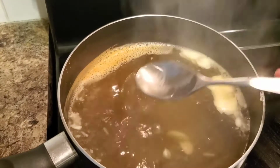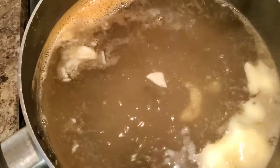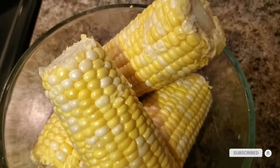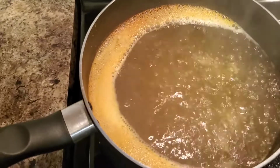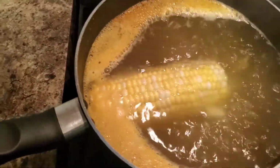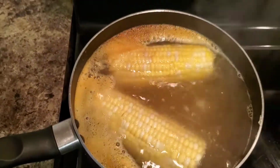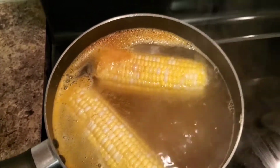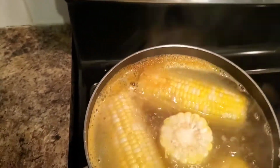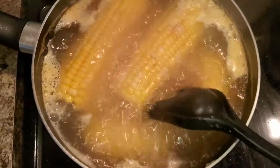margarine and mix that all together, and then put the corns in and let all of that cook in that seasoned water. I prefer to do it this way so that cooking the corn, it will get all of that buttery goodness, it will get that seasoned water. And all I have to do when the corn is cooked is just lightly apply some more butter to my